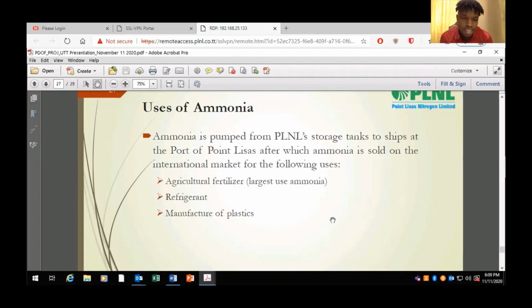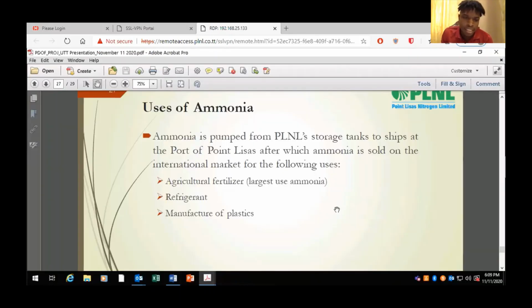I have another question here. To what extent, now this might be a little off the topic, but it's still in relation, to what extent is digitization and artificial intelligence implemented in Point Lisa's Nitrogen Limited's processes? That's a big one these days, and a lot of us have interest in learning. All right, so if I could take that,